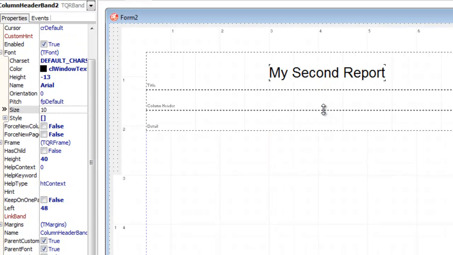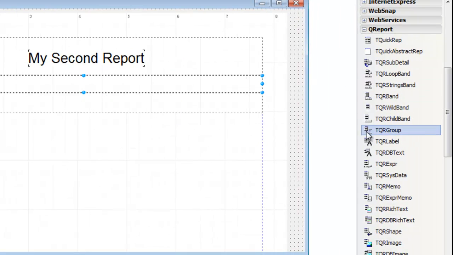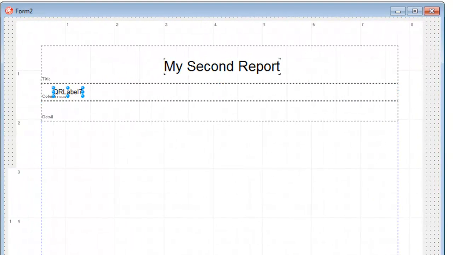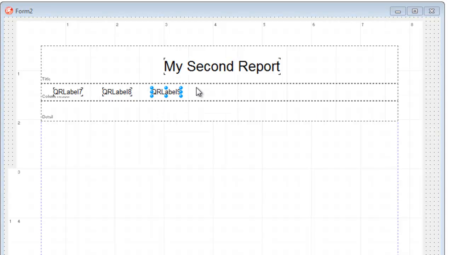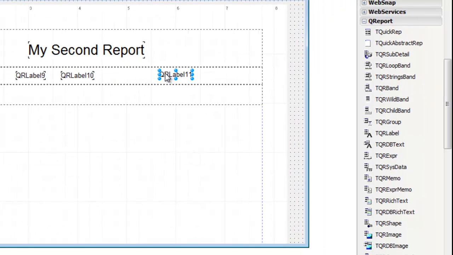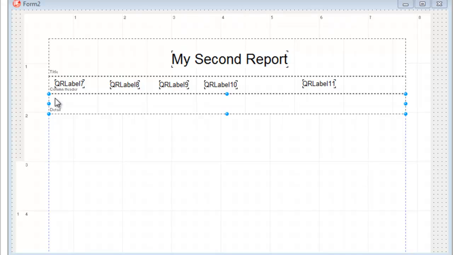And for the second report, we're going to have 5 fields, so place 5 label on the column header. Yes, I think it's enough. And place 5 QRDB text on the detail.